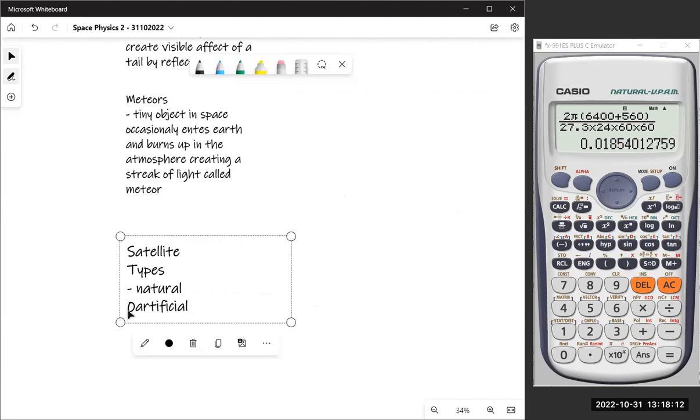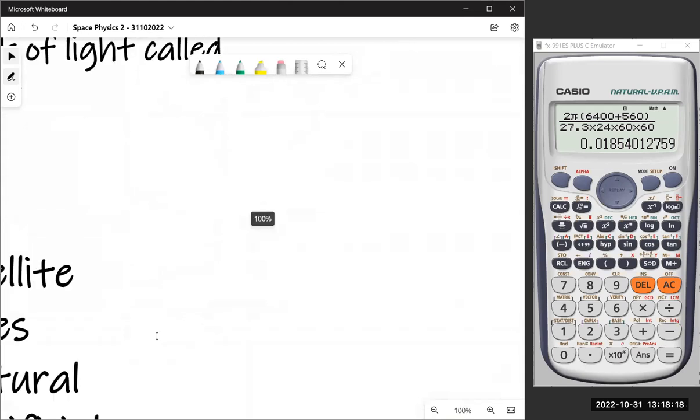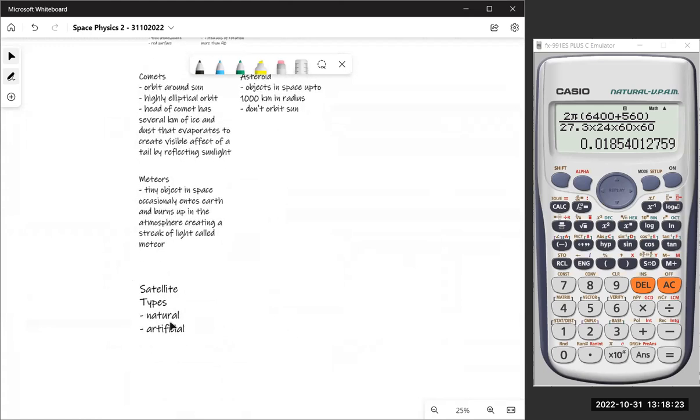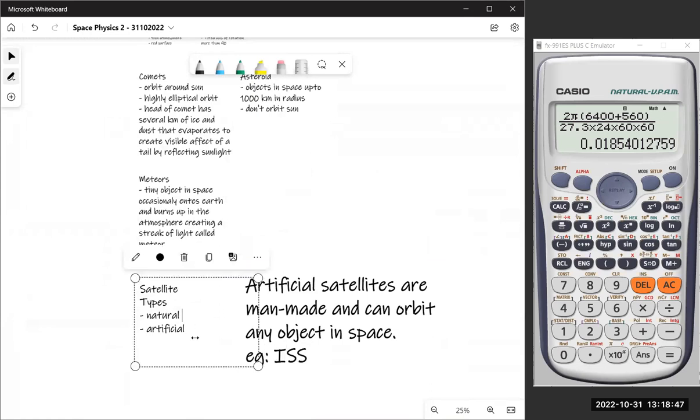Can you scroll a little bit down? Amina, how much have you written? I'm writing asteroids. All right. Ritika, I'm in the middle. Ritika, how much have you written? Ayan, how much have you written? Sir, how much have you written so far? Oh, I'm on satellites. Satellites, all right.